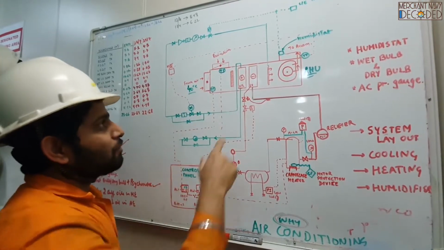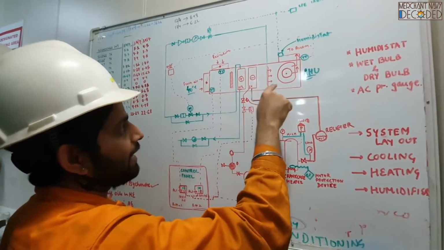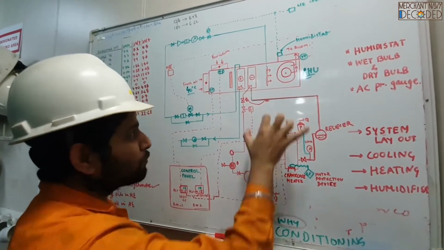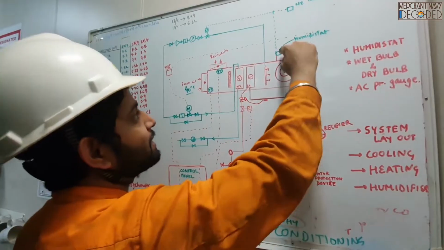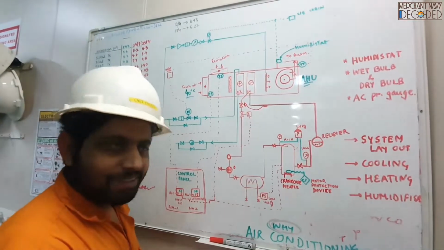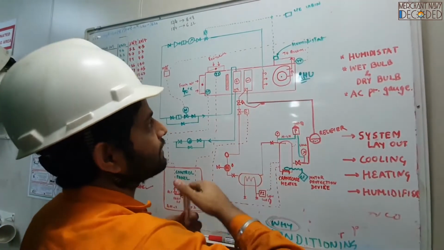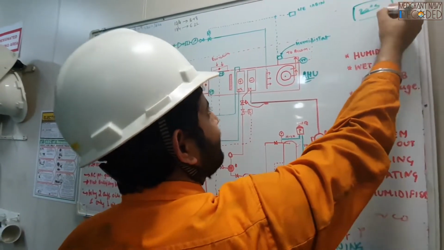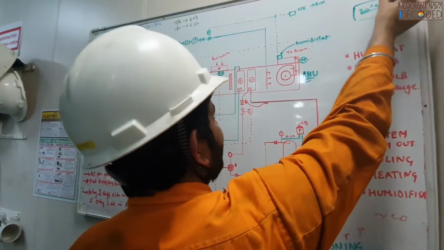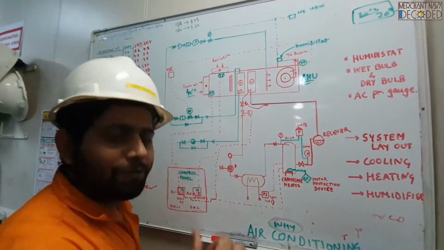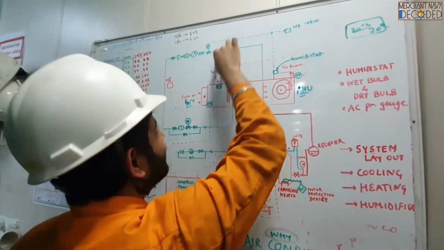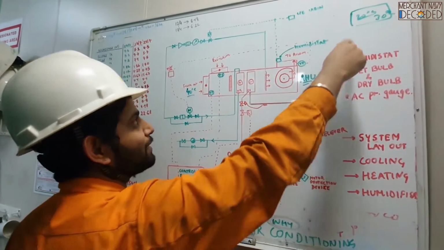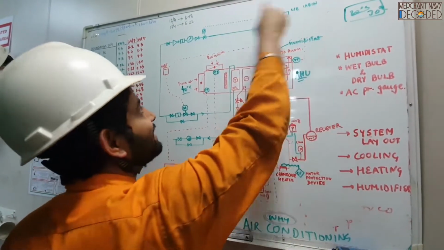Okay. Now if I have to cool this air and I have to make it say 20 degrees centigrade, right? A lot of gas will be required, a lot of cooling will be required, and now I have made this temperature 20 degrees centigrade, right? Now if this air from here goes to my cabin at 20 degrees centigrade, and then in the cabin it gets heated to 30 degrees centigrade, say, and then it comes back over here. Now what will be better? To cool this air at 30 degrees centigrade, or again to cool this air at 40 degrees centigrade? It is always better to cool this air at 30 degrees centigrade, right?